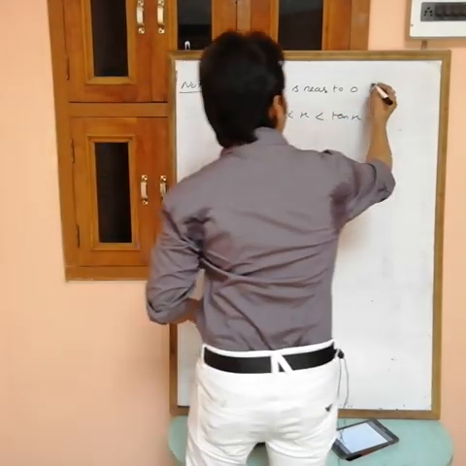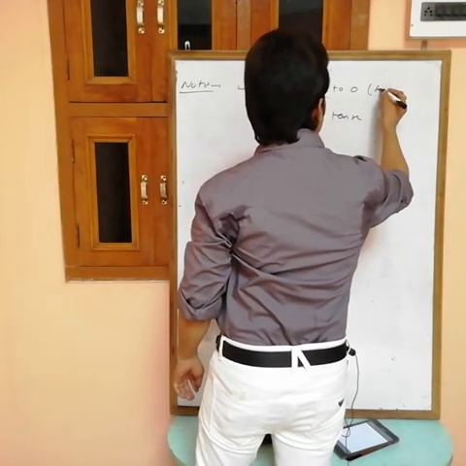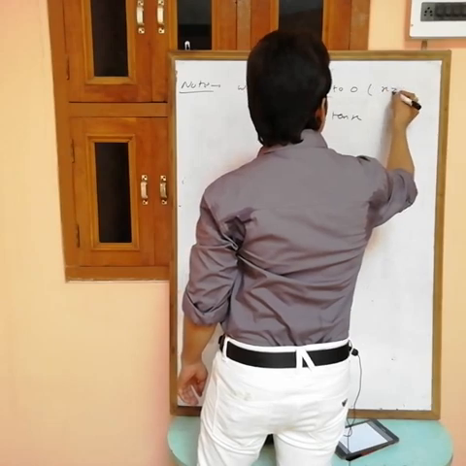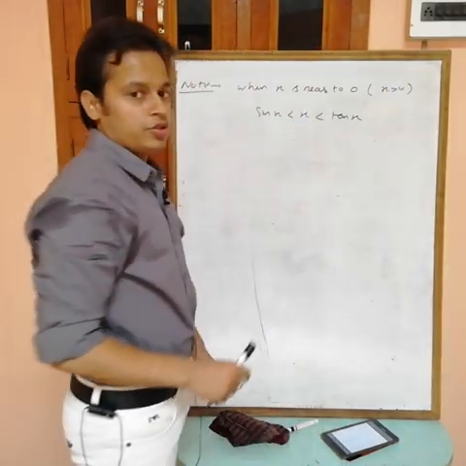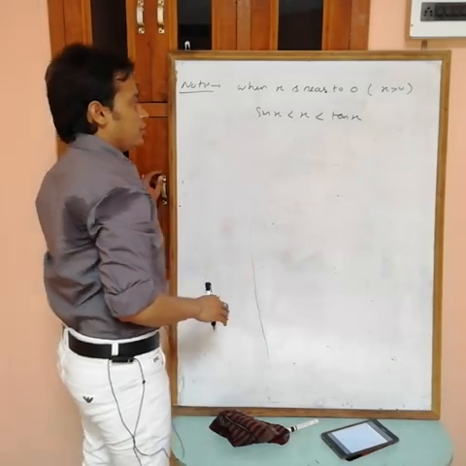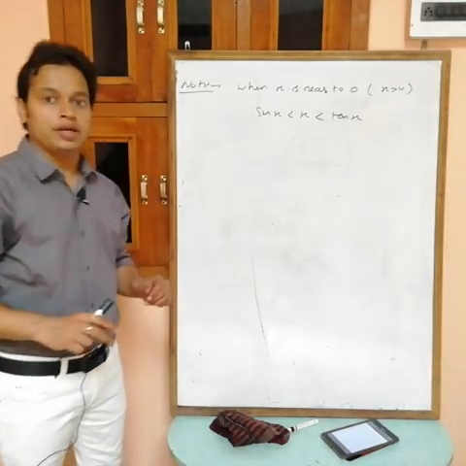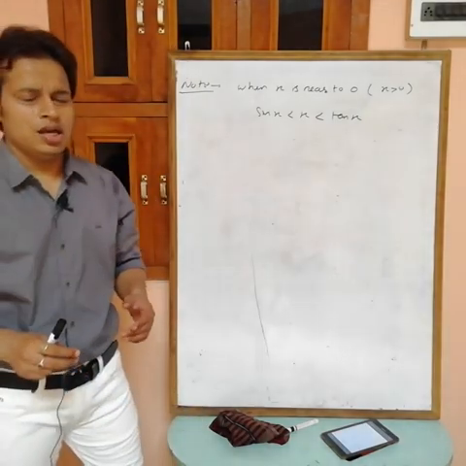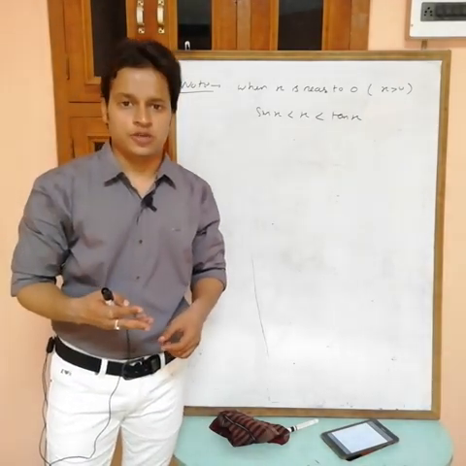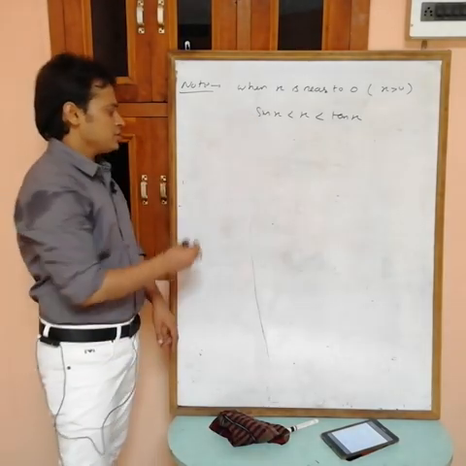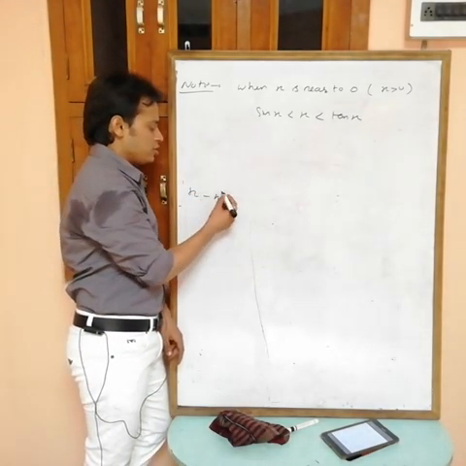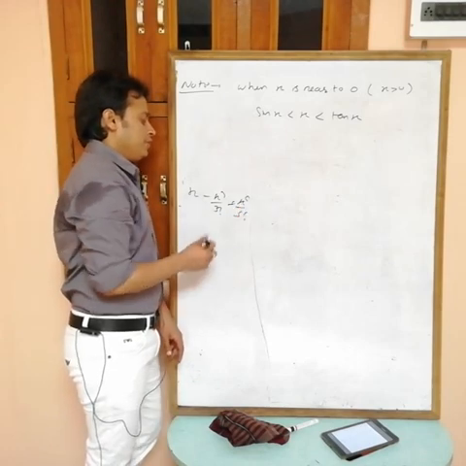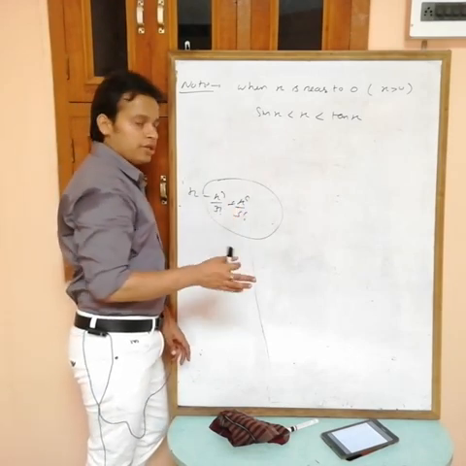Okay, for x near 0 but greater than 0, sin x is less than x and tan x is greater than x. How can I say? I have many things now. The expansion of sin x is x minus x cube by 3 factorial plus x power 5 by 5 factorial. So this quantity you will always get negative.